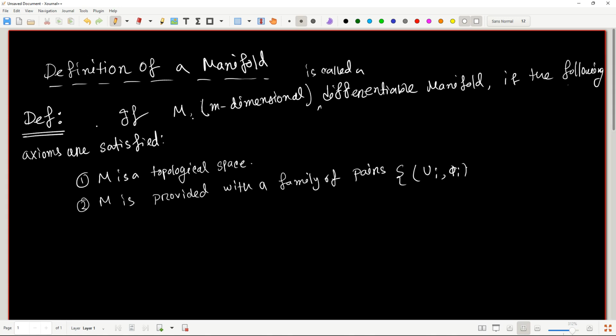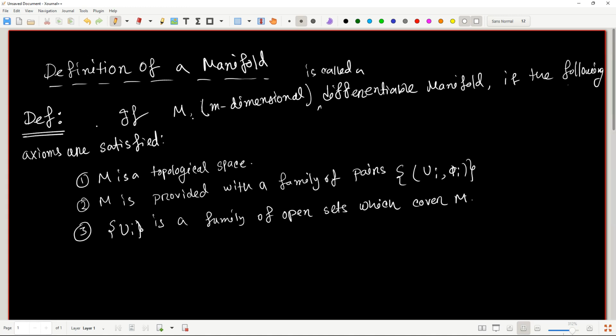(Ui, phi i). And what are these Ui and phi i? This set of Ui's is a family of open sets which cover M. That means the union of all Ui should give you M. Then phi i is called a homeomorphism,